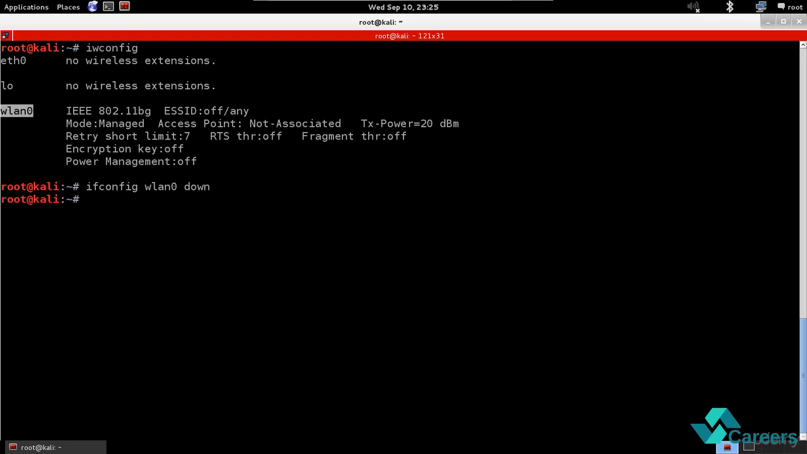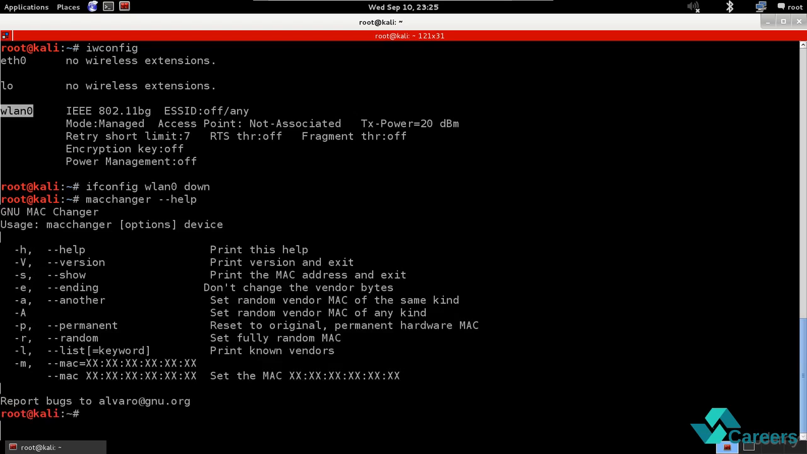Now we're going to change the MAC address. We're going to use a tool called MAC Changer. So always with these tools, it's always a good idea to look at the help. So if you just go on macchanger --help, we'll see all the options that we can use with this tool. So you can use -V to show the version, and -s to show your current MAC address,